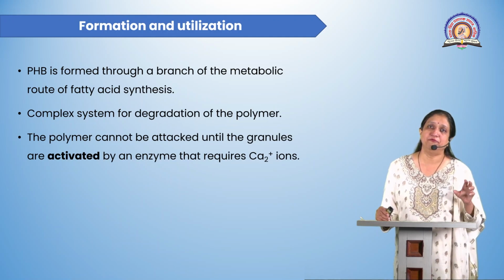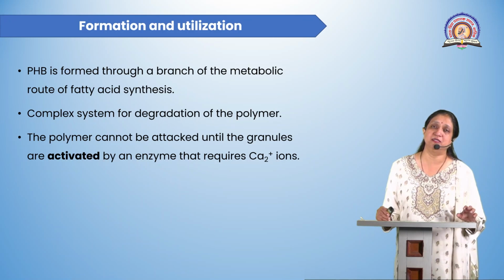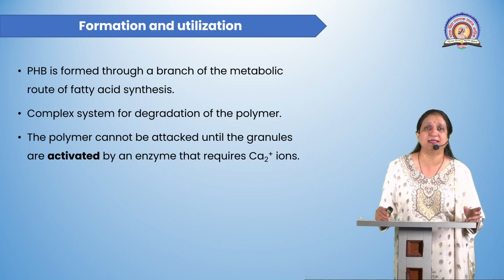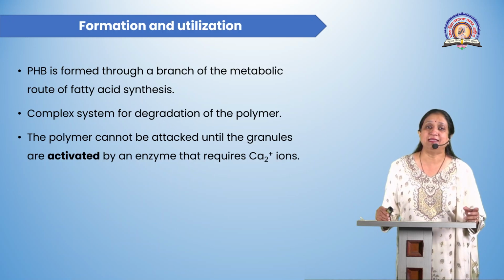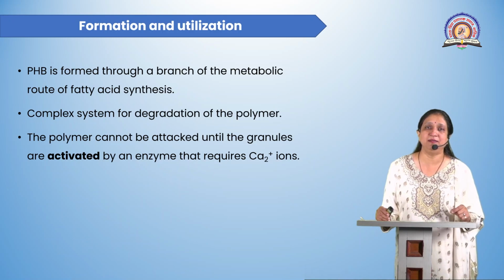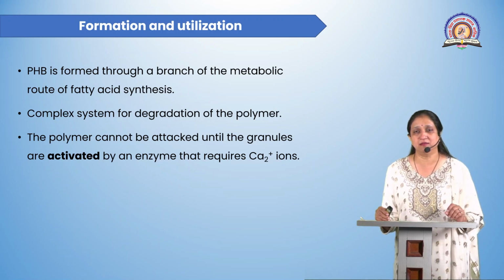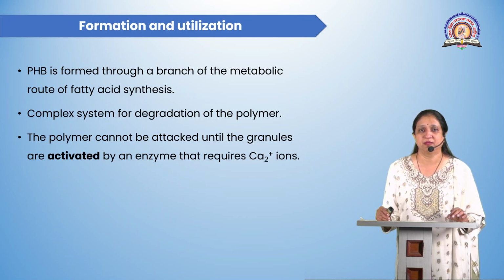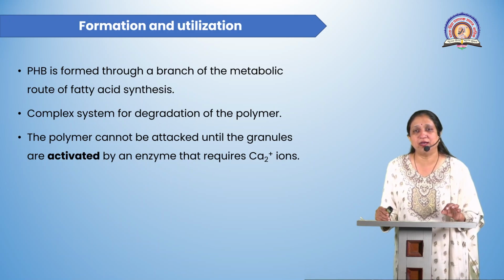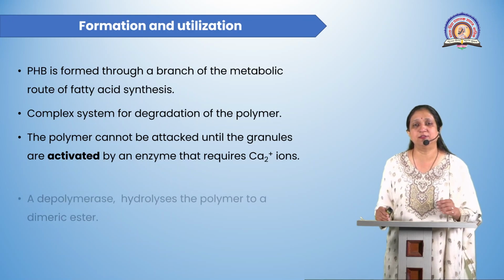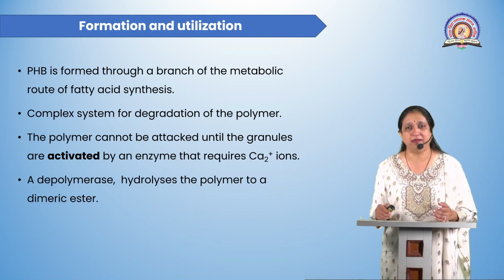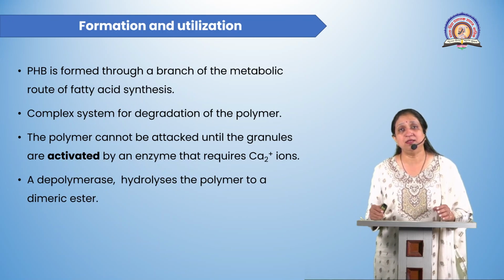First of all, for the degradation of the polymer, it is necessary that the polymer should be activated, and for the activation of the polymer, an enzyme requiring calcium ions is required. This enzyme, which requires the calcium ions, leads to the activation of the granule, and after the granule is activated,